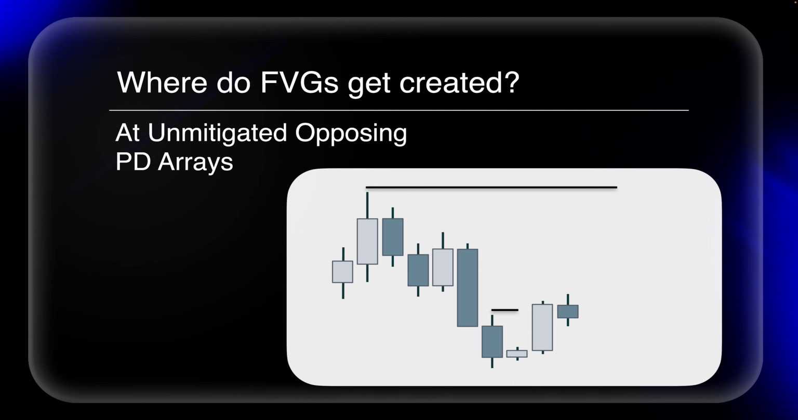Now, whether the rejection is very big or very small, that's what determines what type of fair value gap it's going to be. But at those unmitigated opposing PD arrays, that's where we create new fair value gaps. Now we have another unmitigated opposing PD array, and that is this swing high sitting right there. So when we trade into that, that is exactly where we can expect a rejection. That resistance area creates a rejection, and that rejection creates a new fair value gap right there